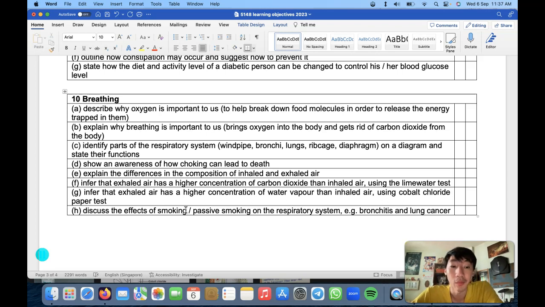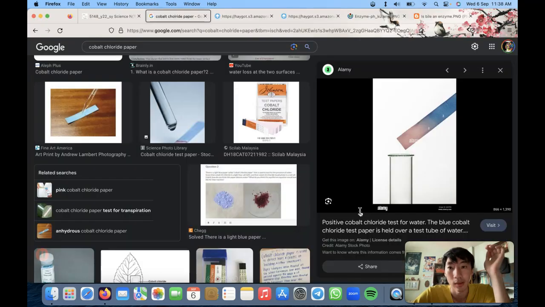Lastly, you get a lot of irritants. A lot of ashes, all these small little dirt particles, we call that irritants. Those will cause you to get bronchitis and also lung cancer. There are also other substances like tar that will cause this kind of problem. So what is bronchitis?